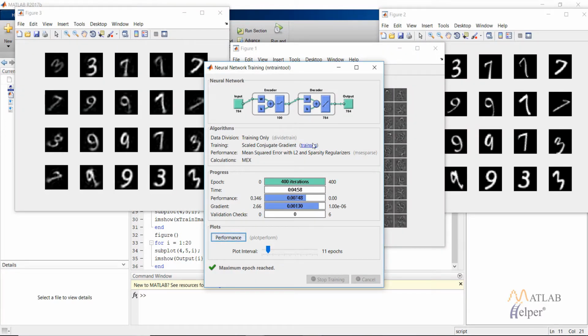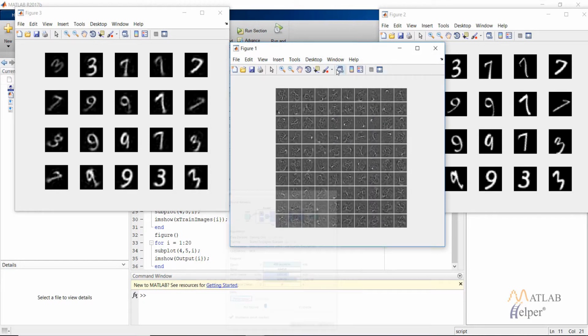So after the training is complete, the window will look like this. As you can see from the neural network figure, we have 784 inputs, then we have the encoder and a decoder, which finally gives the same image but reconstructed from the encoder. Figure 1 shows that each neuron represents a different feature of the input dataset that we have provided. It contains 100 neurons because we have provided 100 neurons in the hidden layer, and the different curves, or lines, are represented by each neuron.